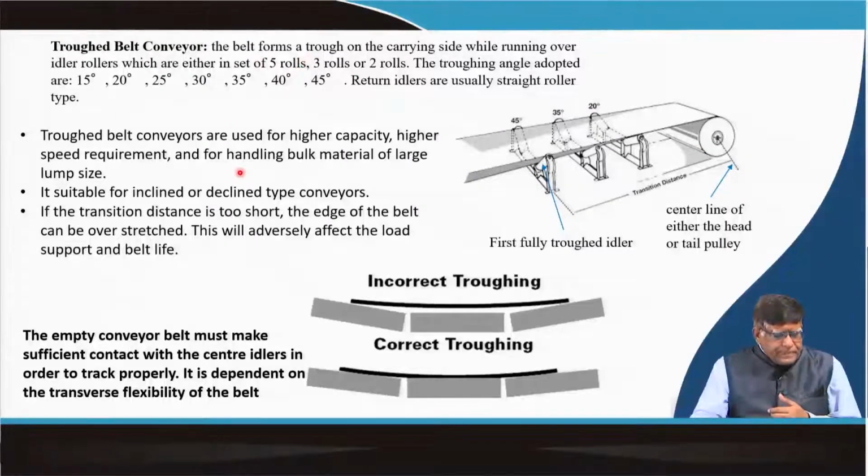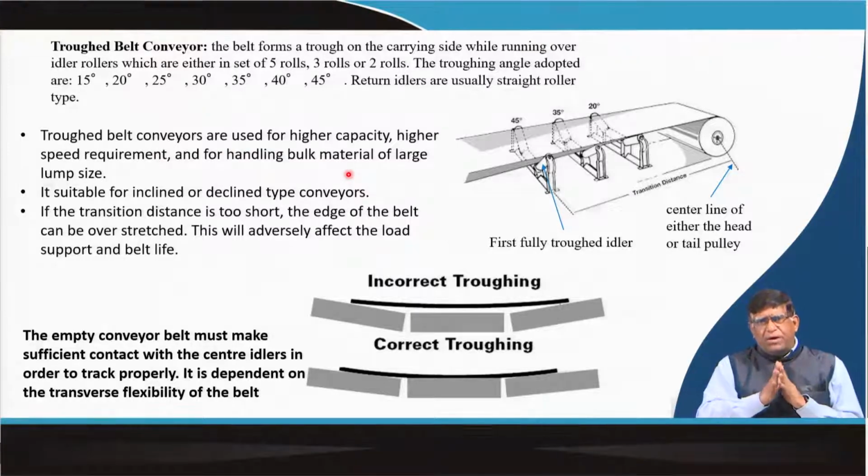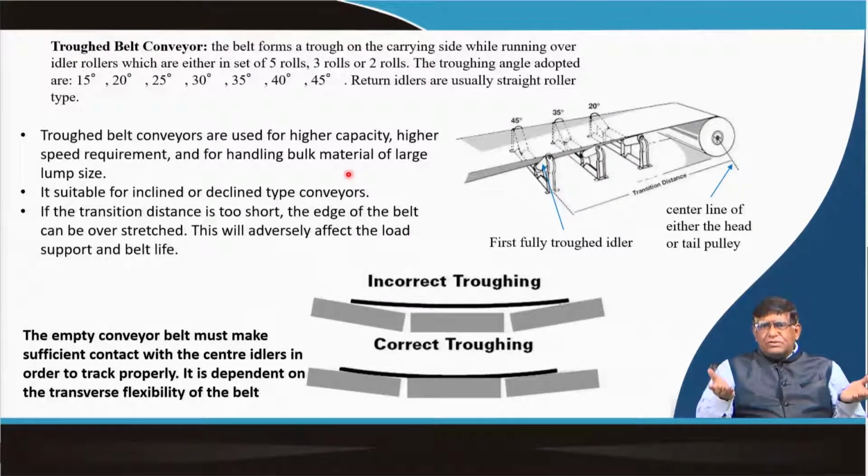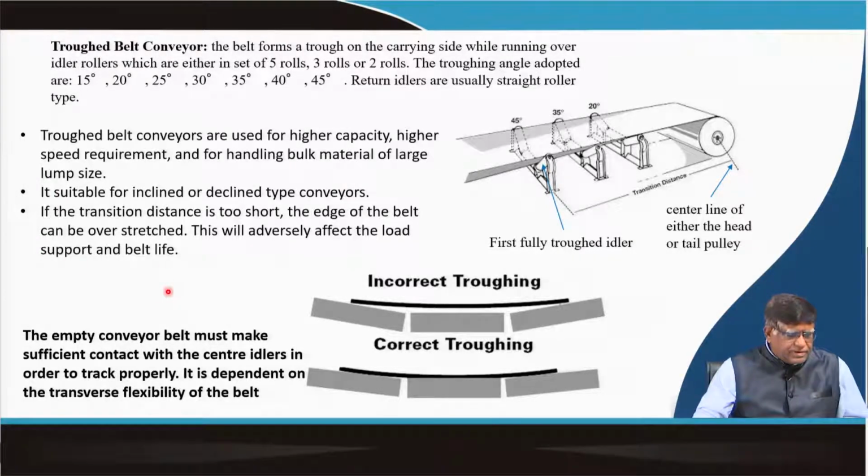So trough belt conveyors are used for higher capacity. In our mining industry, we are not using the flat belt, only for the apron feeder we use the flat one. But there also many a time we do not use a rubber belt, we use a metallic belt, that is a metallic strip as an apron feeder, which is a flat type of bigger width. We will be talking about this more in mineral processing machinery.